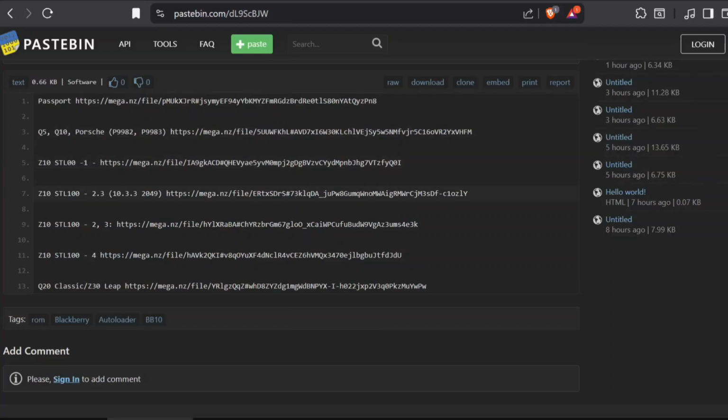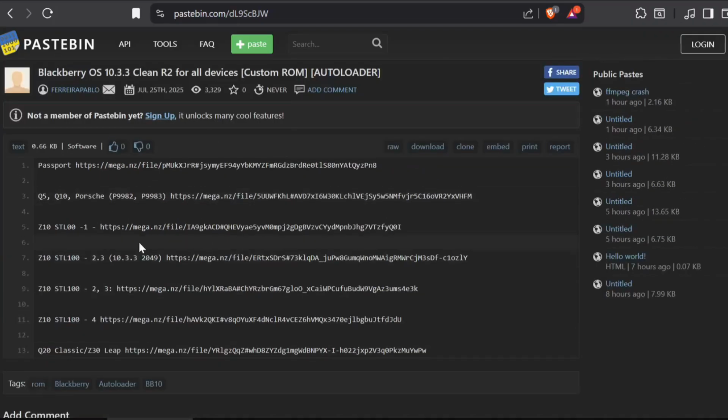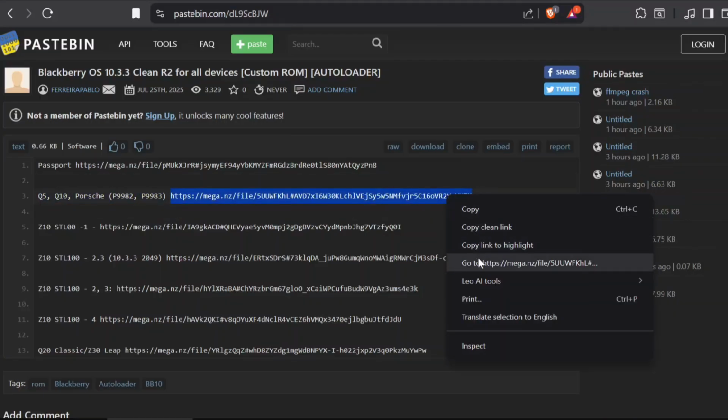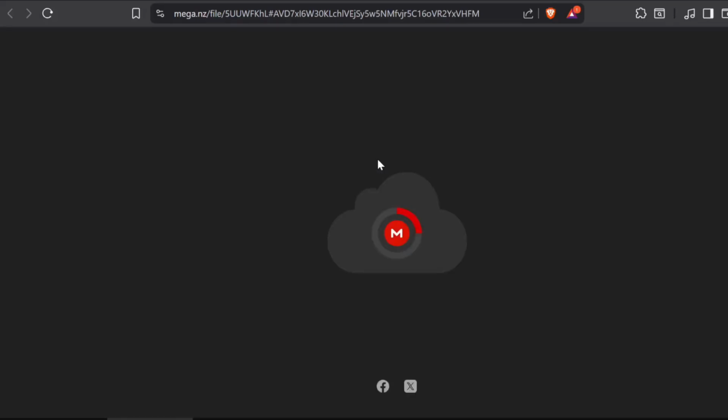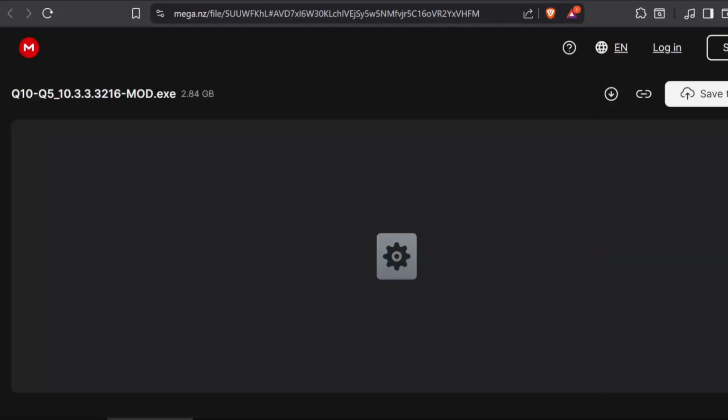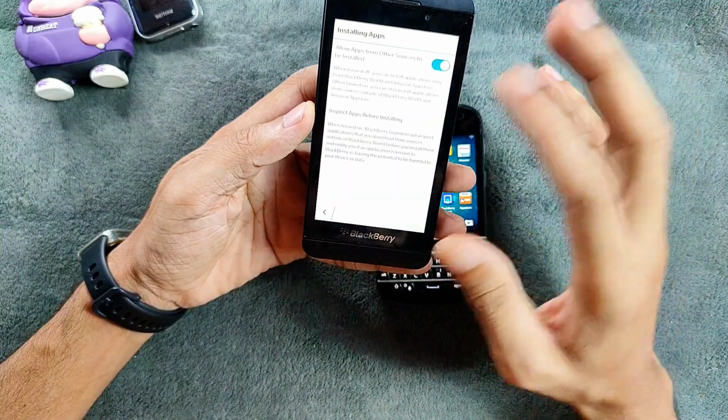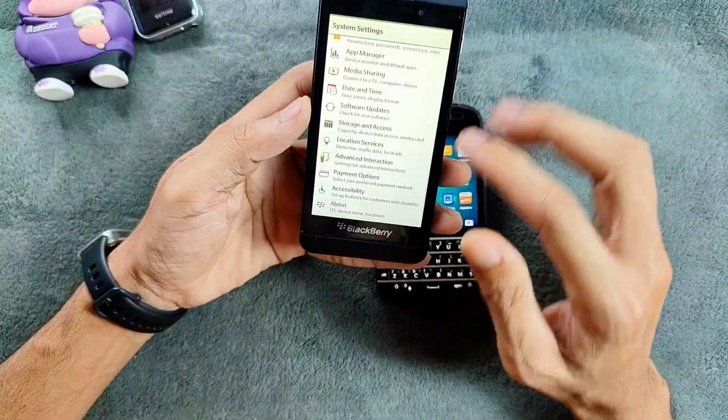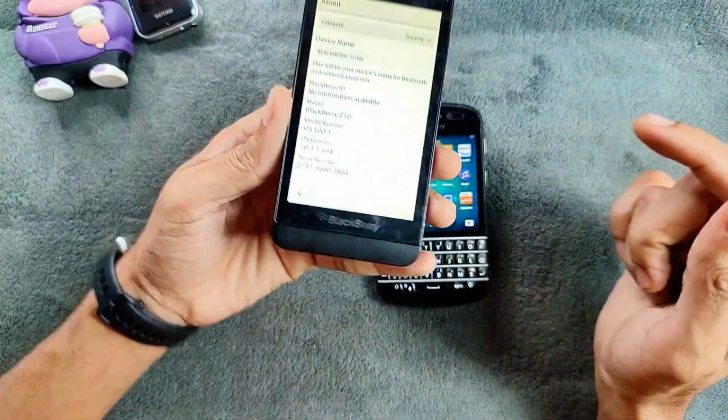So you can get the firmware for the BlackBerry Q10, Z10, BlackBerry Classic, BlackBerry Passport, Z30, and all the BlackBerry OS 10 devices. And I will give you the link in the description where you can download the firmware for your device. So if you are flashing the firmware on your BlackBerry Z10, there are a few versions of this. So about device, as you can see here, this one is